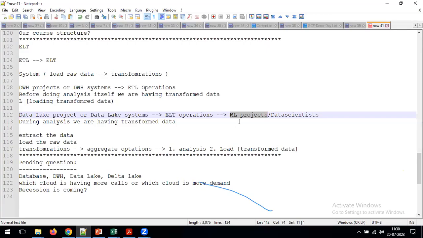As I told you, ML people will write some kind of scripts. As part of executing the scripts they get the transformed data, and on top of that data they perform the analysis. Whatever scripts they write, in those scripts they will convert the text file to a data frame, the JSON file to a data frame, and the XML file to a data frame. Then on top of that they perform the analysis. Just for simple understanding, I said that ML people will write the scripts and do everything on top of that. Is it clear now? Yeah, clear. Thank you.